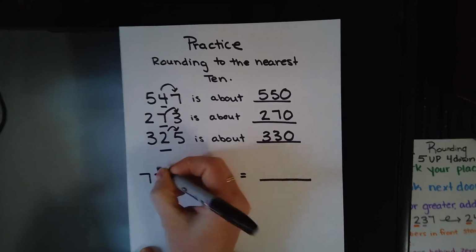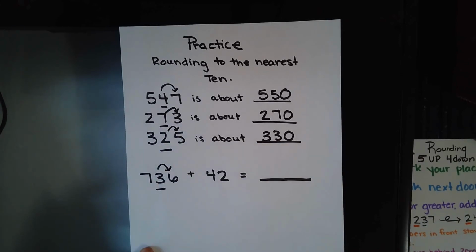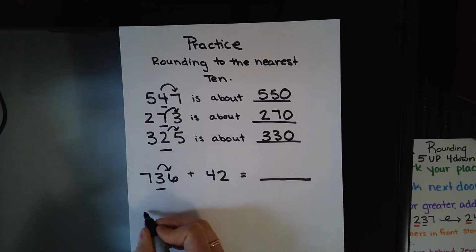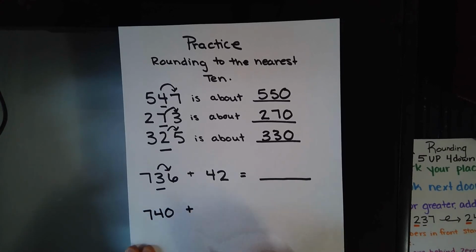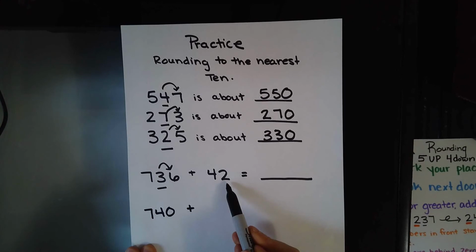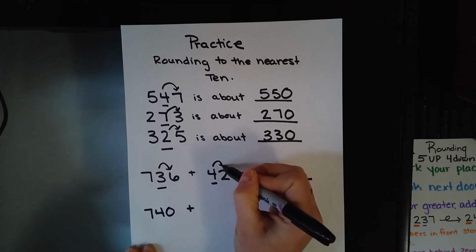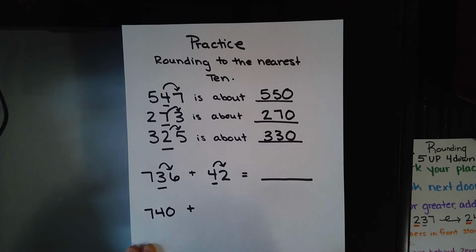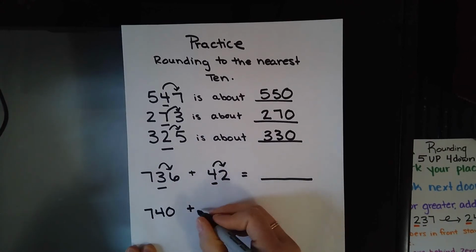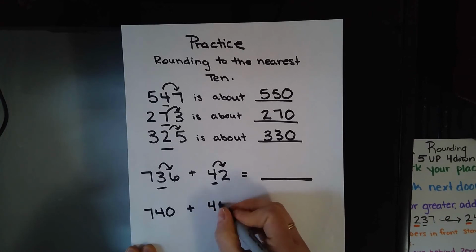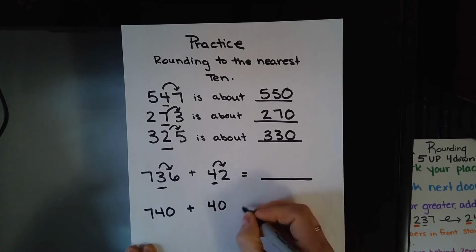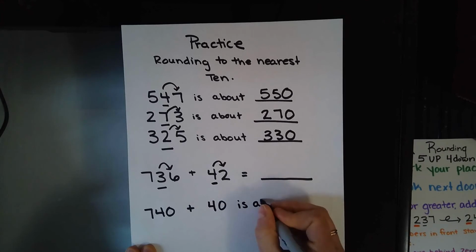Looking at the back door, 6 is greater than 5, so we know it's going to be 740 adding 42. Okay, we're still rounding the tens. Looking at the 4, look at the back door, which is 2. We need to round down. So 740 adding 40 is about,